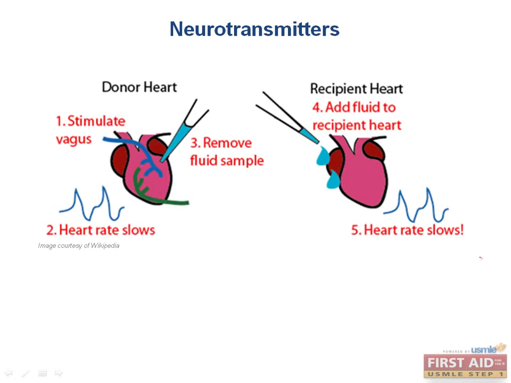Now, what Loewi did was to take two hearts and put them both in saline. He stimulated the vagus nerve of one heart electrically so that it made that heart beat at a slower rate. He then took the saline from where the vagus nerve innervated the heart and put it on the second heart. He was able to slow the second heart down. This proved that there was some soluble chemical secreted from the vagus nerve that could control heart rate. This chemical was the neurotransmitter acetylcholine.